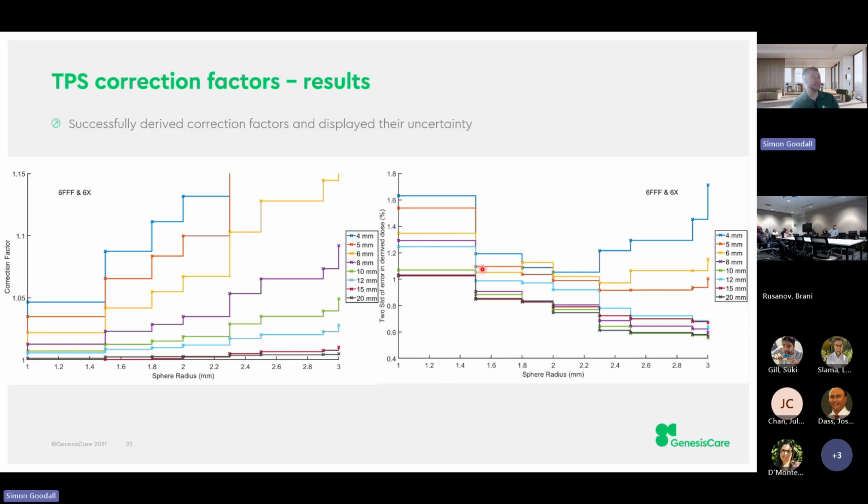And then we have a corresponding uncertainty and the increase in sphere radius, so I guess 95% of points we'd expect to be within this error. And we could see they were relatively good. We could generally find a combination where the sphere size was big enough, we could apply some averaging and apply a correction factor to determine the calculation value within about 1%. But again, when we drop down to this 4, 5, 6 millimeter radius, this technique really doesn't hold up anymore.